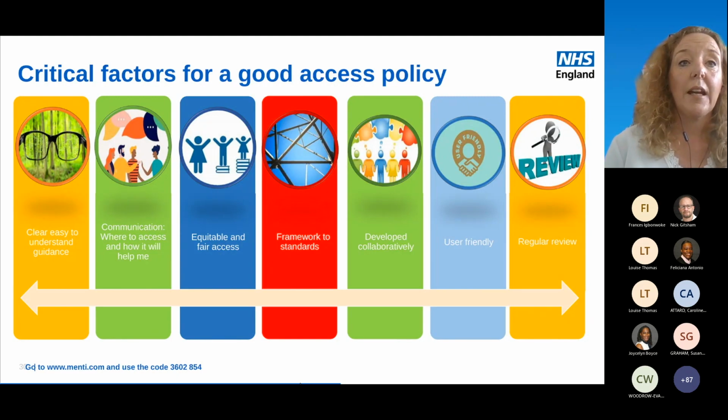Is the policy clear in what it's trying to do? The access policy should be clear and unambiguous and provide guidance for all staff on the journey from patients entering service to being discharged. It's therefore really important that the wording of the policy focuses on treating patients as soon as possible and in priority order whilst fully respecting patient choice of time and place of treatment.